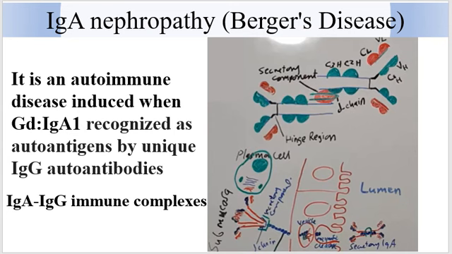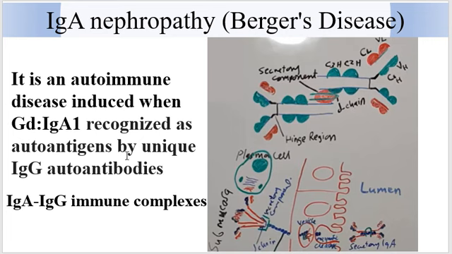In this lecture, I will be talking on IgA nephropathy. It is also known as Berger's disease. IgA nephropathy is an autoimmune disease induced when galactose-deficient IgA1 is recognized as an autoantigen by unique